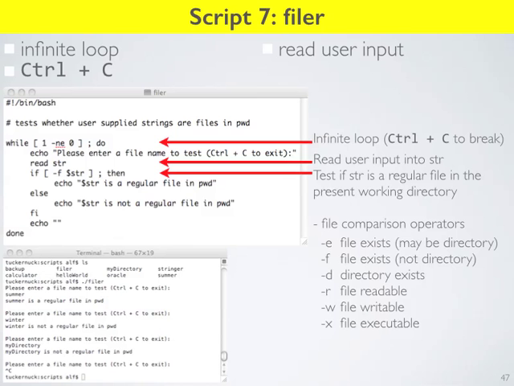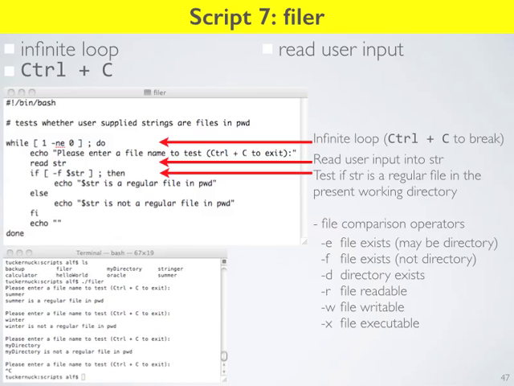If you open up Filer in VI or LESS or Head or Cat or Notepad, whatever you prefer, you'll see we start with a shebang line. We've got our comment line, which we just discussed, and then we've got the body of the code. So what is this code going to do? We start out with a while loop, and this is a funny while loop because it's an infinite while loop. We're saying that while 1 is not equal to 0, and that's always going to be true. That's never going to change. It's not like 1 is a variable and 1 is a number. It's saying, is 1 equal to 0? 1 is never equal to 0. So this loop is going to go forever.